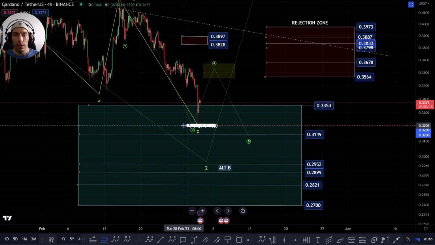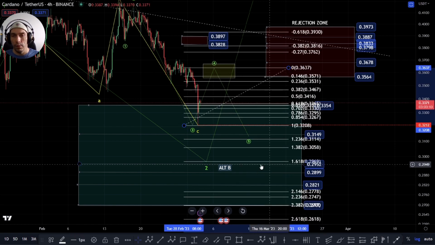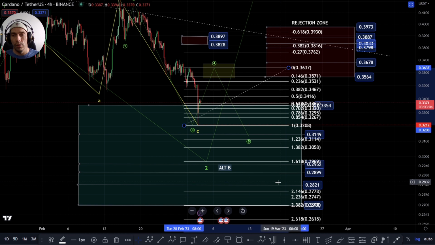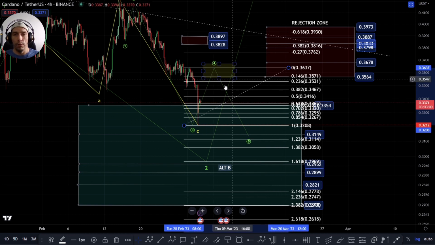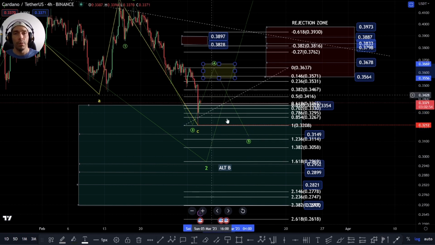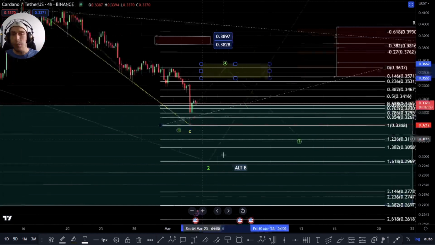So if we do get rejection within this zone again, basically what I'd be looking for would be the potential to come back down here. So the zone, if we're looking at this as a fifth wave like this, would be this 3114 to this 2969. That would be an interesting zone if we do look to move up higher here into this yellow box area of this 3669 and get rejected. We could look for that continuation down. Obviously, if we do, it would have to be up in a three-wave move, though.